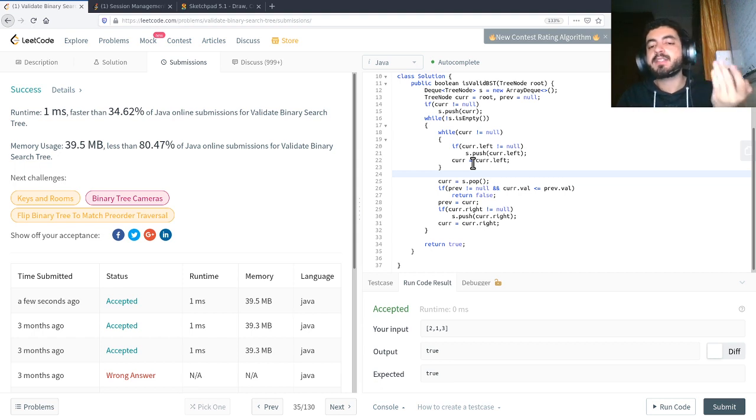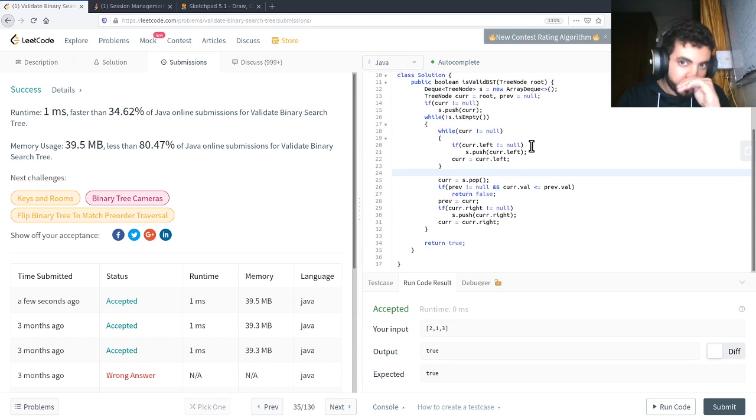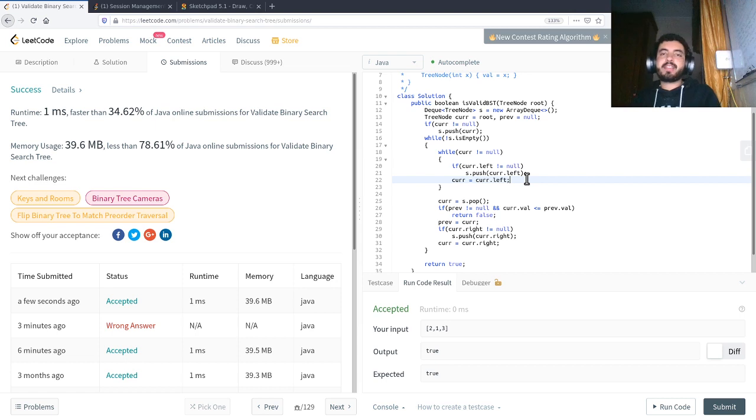The iterative approach is slower but more robust, better. The recursive approach is much faster. So yeah, that's the end of the video, and our time complexity is O of n, because we are going through all the nodes in the worst case, meaning that the binary search tree is valid, and our space complexity is O of n, because